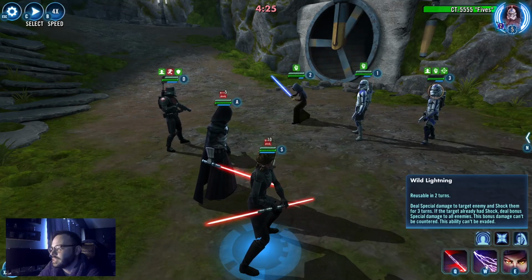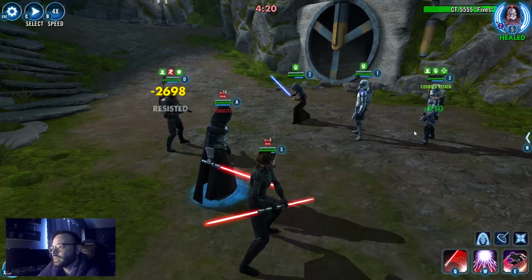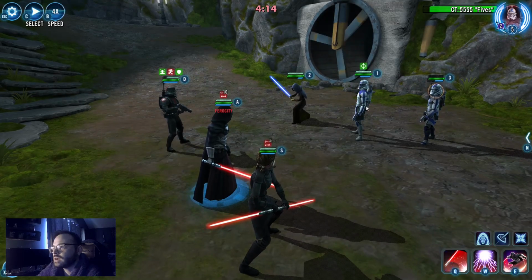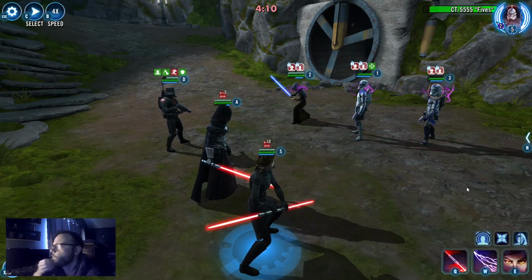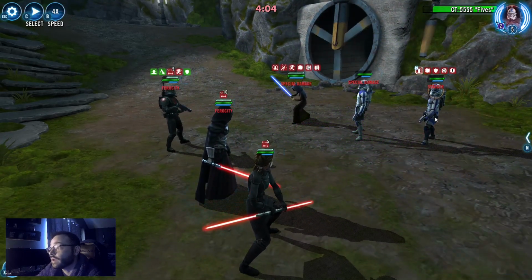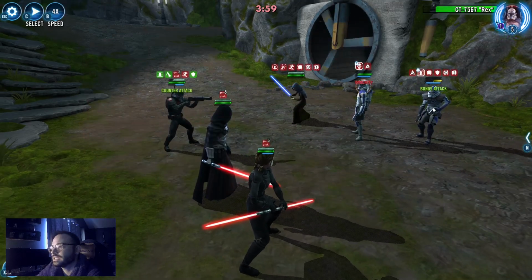This doesn't really do anything aside from the shock. Yeah, ability can't be evaded. I still just want to beat on Fives for a second. Okay, now we can do this. Ooh, that was kind of scary. That Rex took a whole lot of damage. I don't want to accidentally kill...